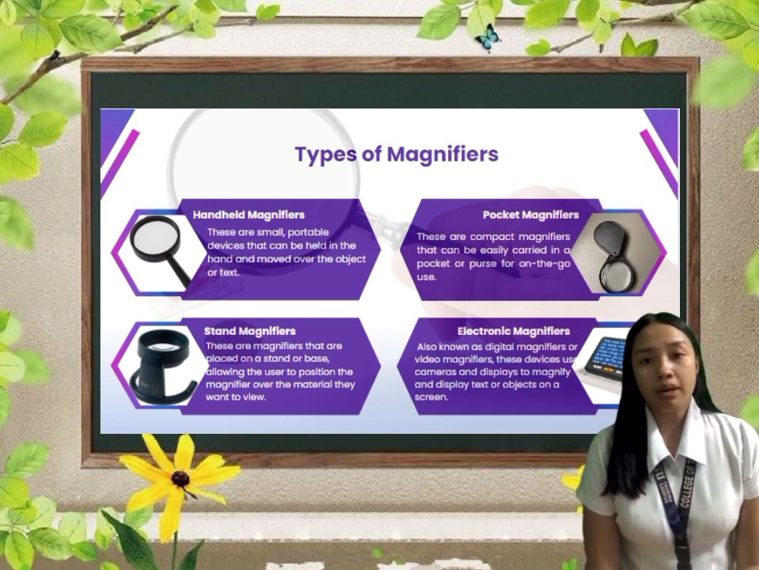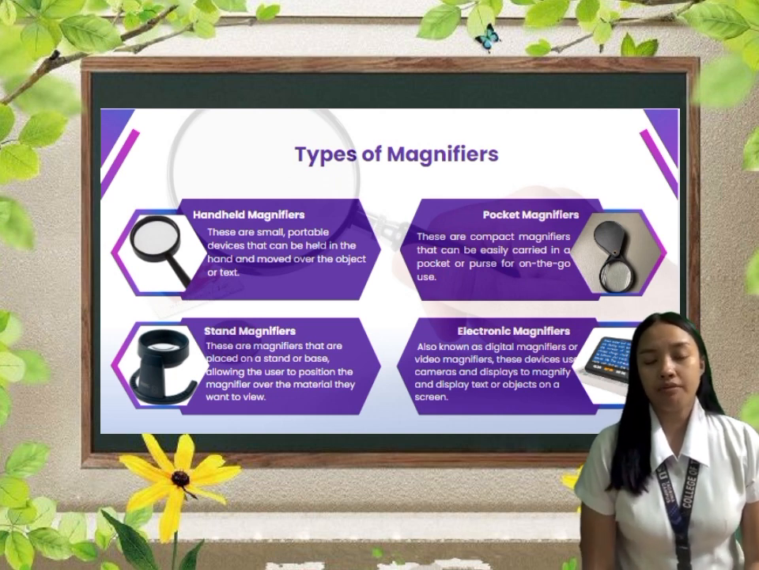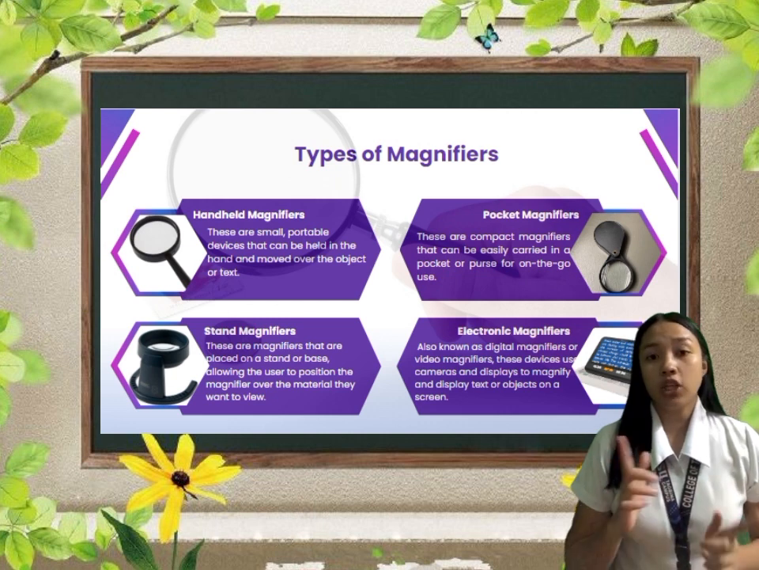So, the next magnifier is the pocket magnifier. These are compact magnifiers that can be easily carried in a pocket or purse for on-the-go use. So, this type of magnifier, mas maliit yung pocket magnifier kasi madali natin siyang madala and malagay sa